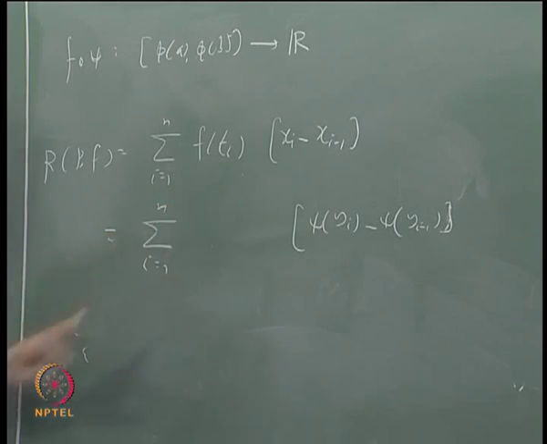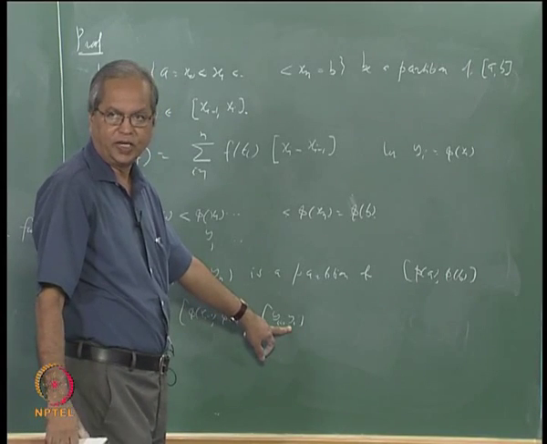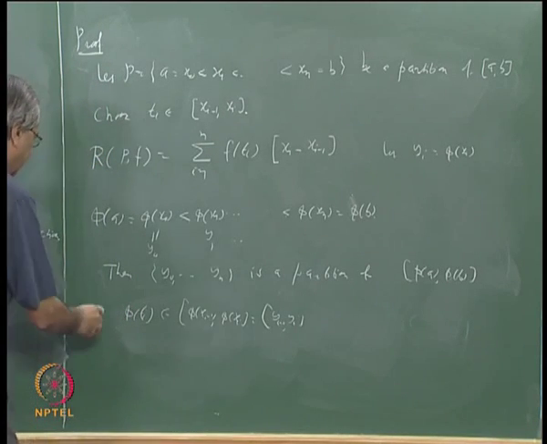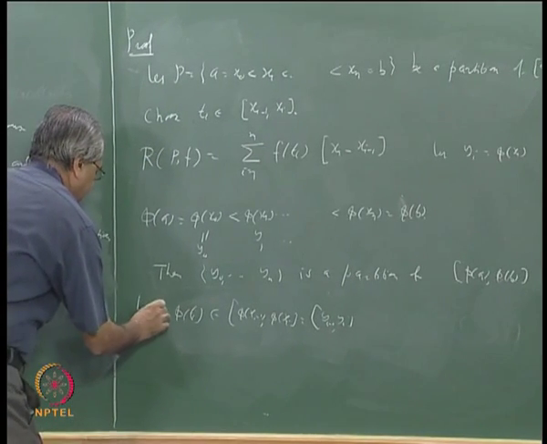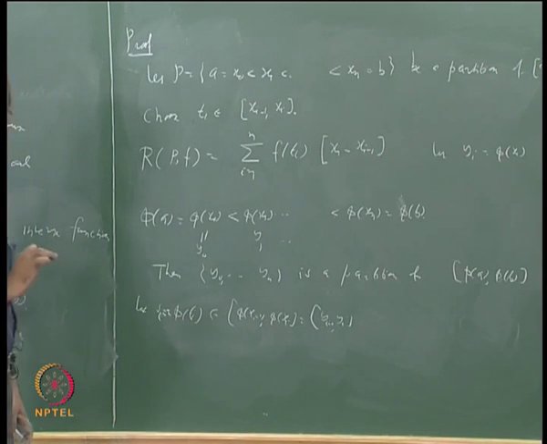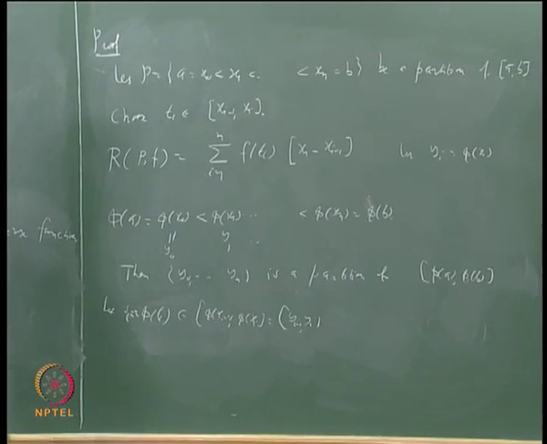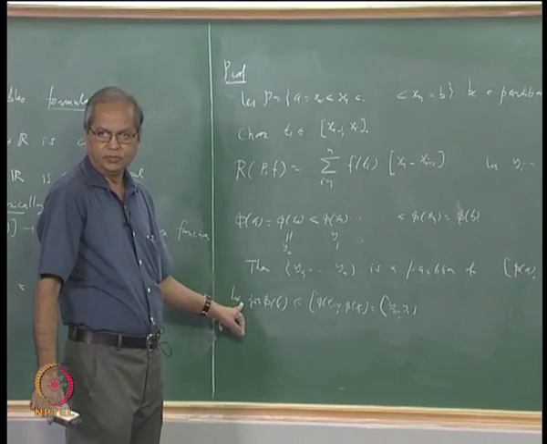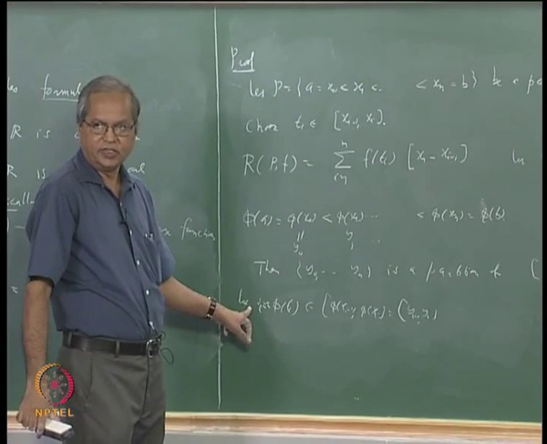Now remember here phi of t_i belongs to this subinterval y_{i-1} to y_i. I have not given any name for this phi of t_i, so let us give it one now. Suppose I call this s_i. Let s_i be equal to phi(t_i). That is the same as saying that t_i is equal to psi(s_i).